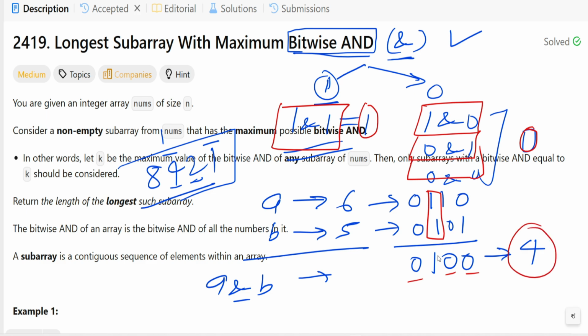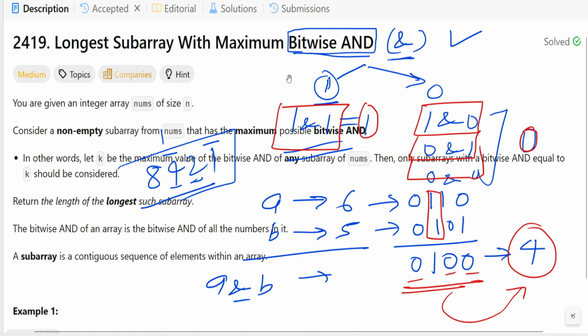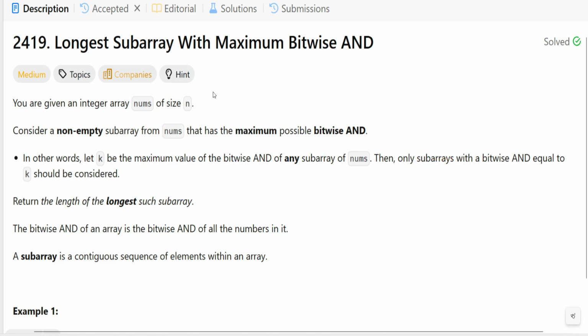And so we will represent this binary into decimal back. It will give you 4. I hope you understand, right? Let me clean this. So let's try to understand